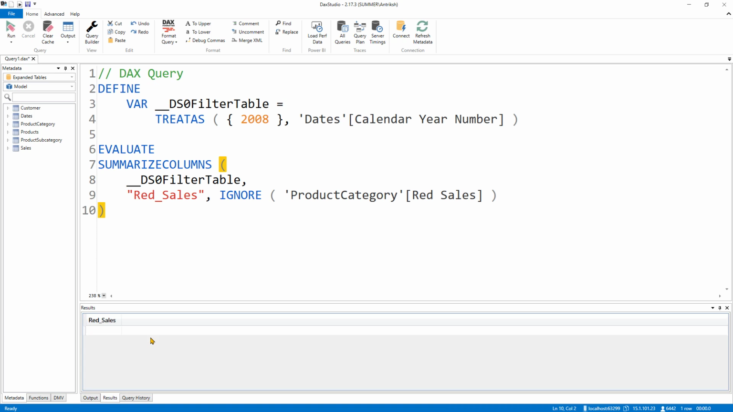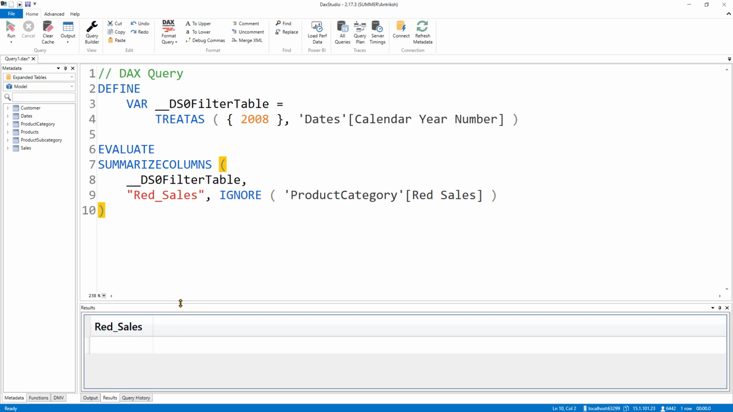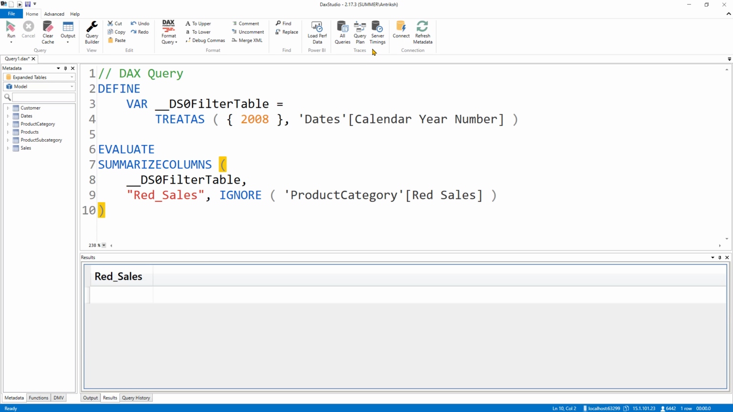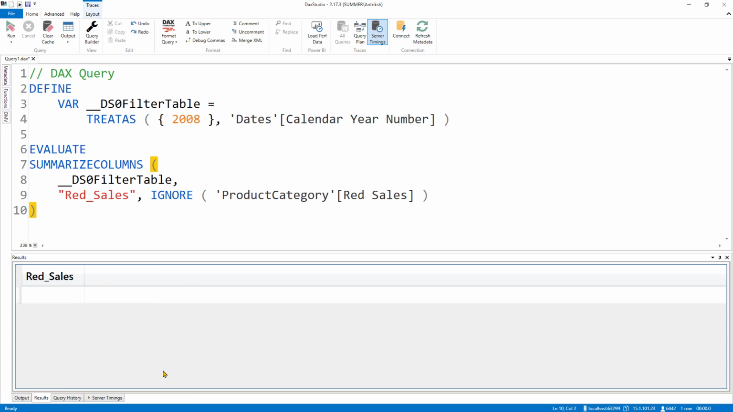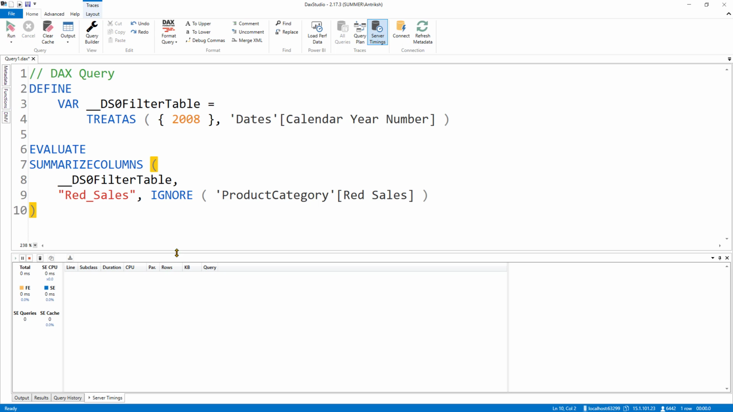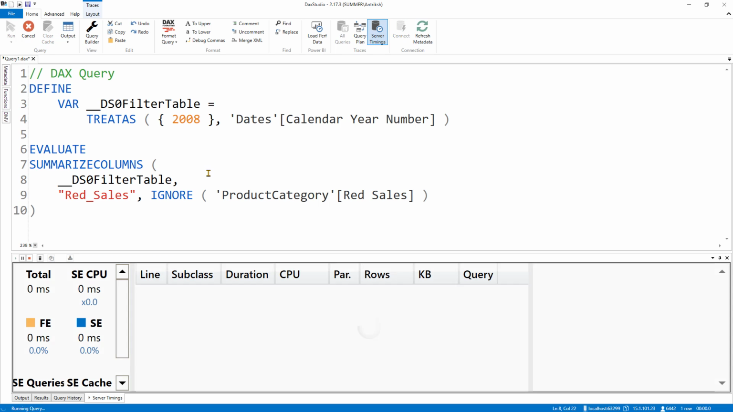And if I press F5, you can see that in the results pane, I simply get a blank. And what we need to do is turn on the server timings so that we can understand what the queries are that are generated behind the scenes. So let's go to the server timings tab. And if I press F5,